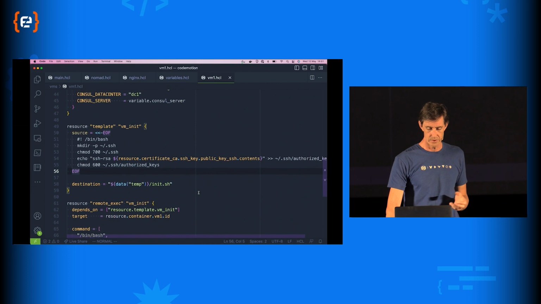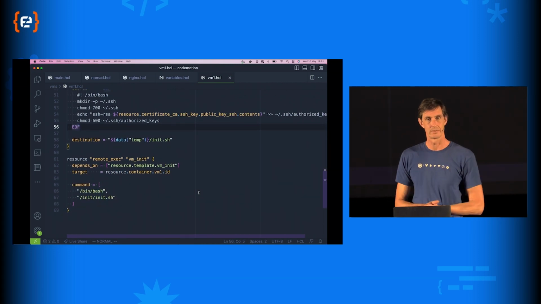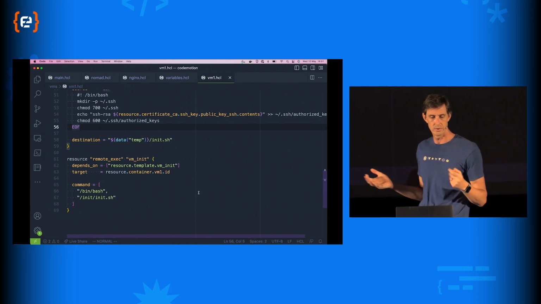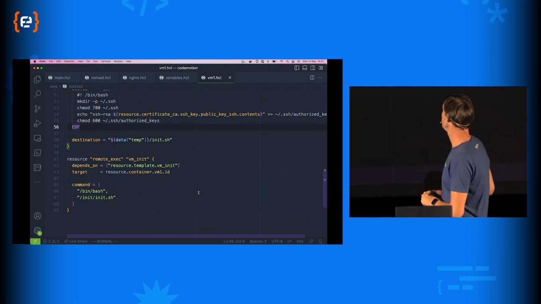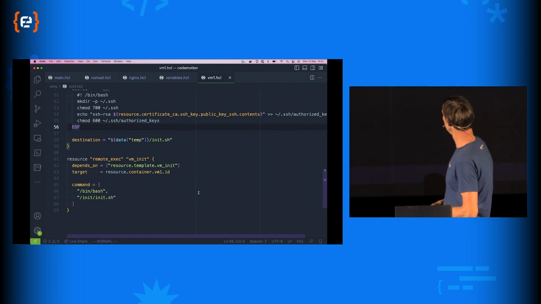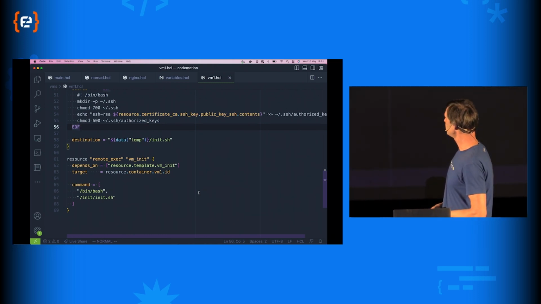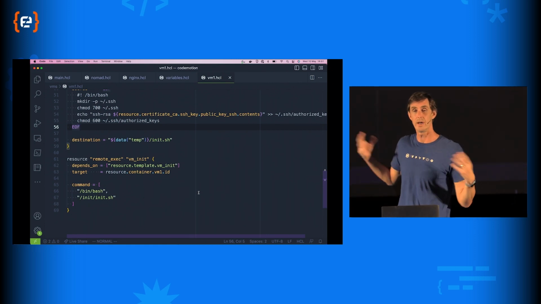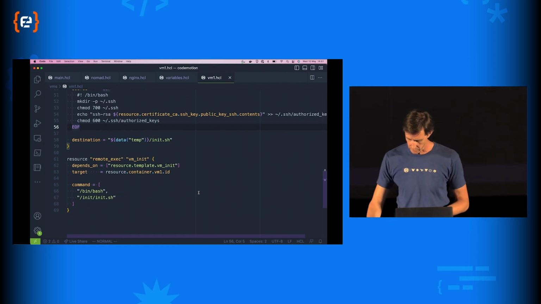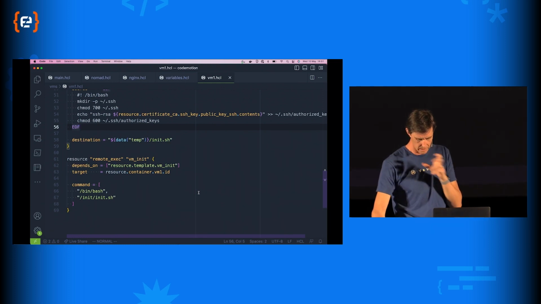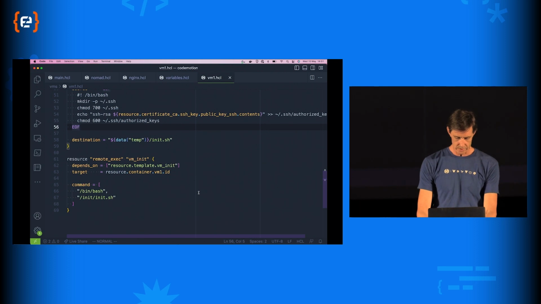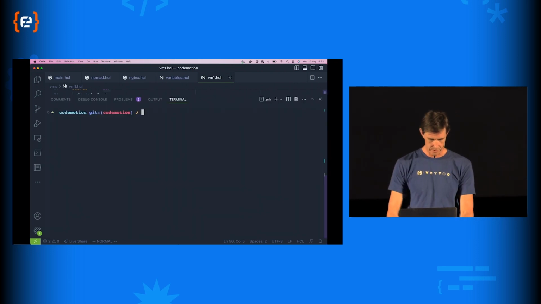And then to actually get that onto the machine, I can use another resource, which is a higher level of abstraction, called remote exec. What this allows me to do is run a command on that Docker container that I've created. And that's all we need to do to define that resource.